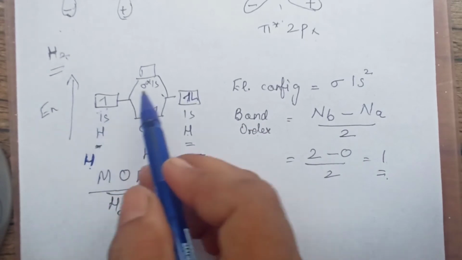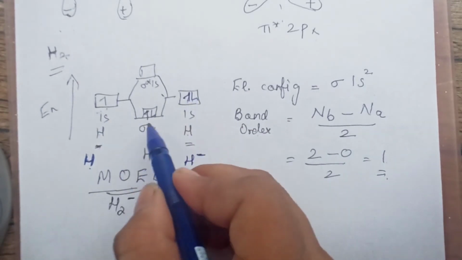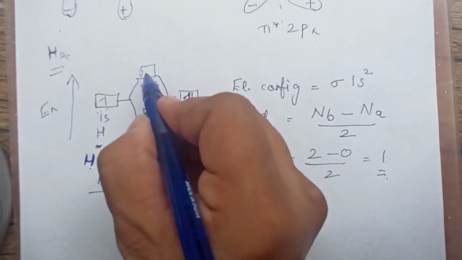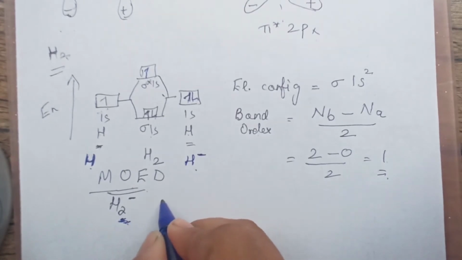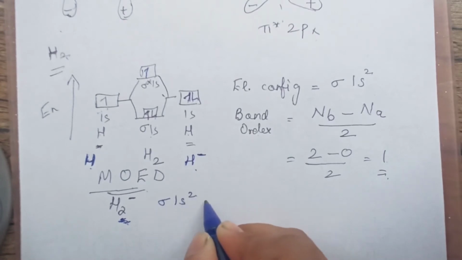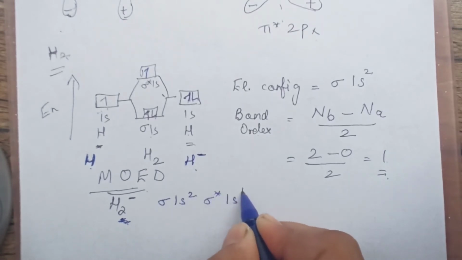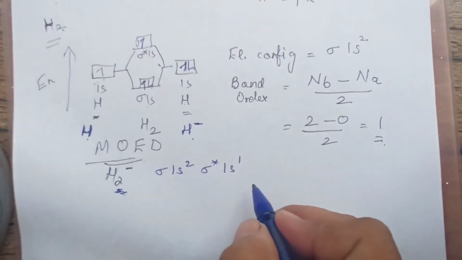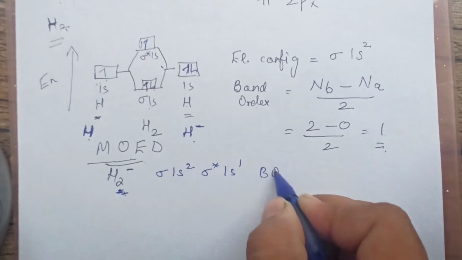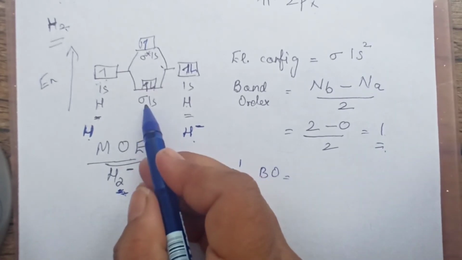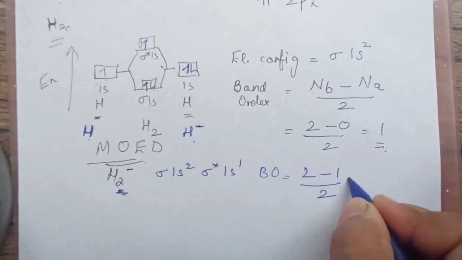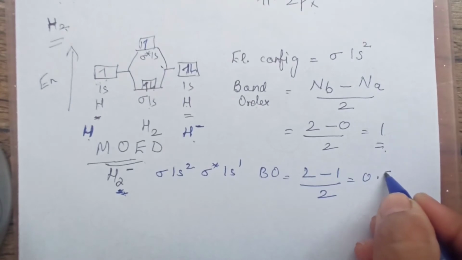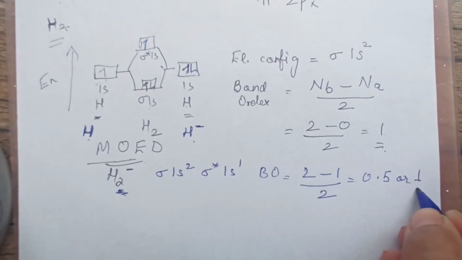Right? So now one of this, two of this, total 3 electrons you have. Three electrons means 2 electrons you are going to fill here and 1 electron you are going to show in this. So what will be the configuration for this one? Sigma 1s2, sigma star 1s1. So what will be the bond order for this, children? Now you will calculate the bond order: bonding electrons, 2, and anti-bonding you have 1, divided by 2. So what is the bond order for this? Half, 0.5, or you can write half.